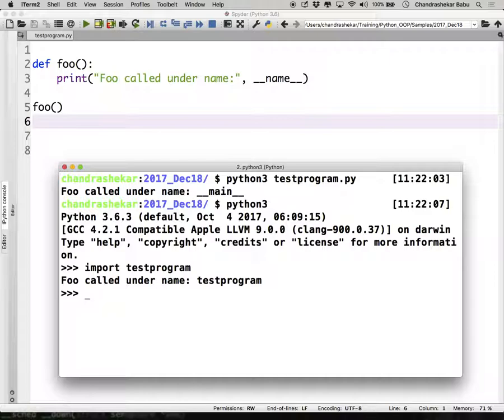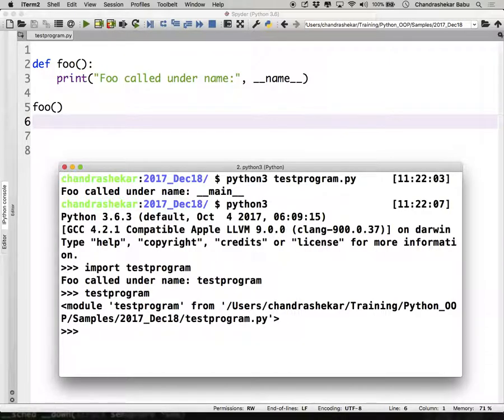See this? Called in a namespace test program. That means when you load it as a module, the module name is test program. To access any member of the module, you'll say test program.foo. All definitions become module attributes now. All definitions of this particular program automatically transform to module attributes.